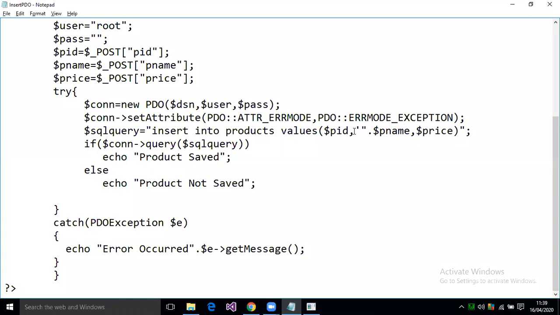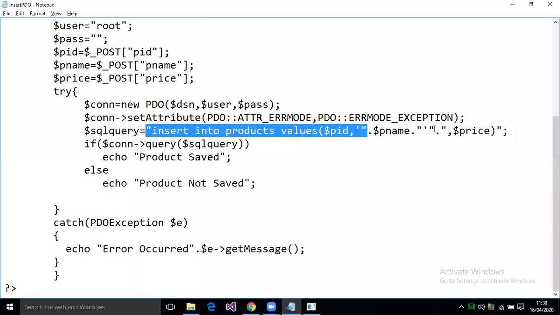I already taught you this in the class. This should be enclosed with single quotes. This is the start and end of the query string, and this is a start, this is an end, this is a start, and this is an end for this.